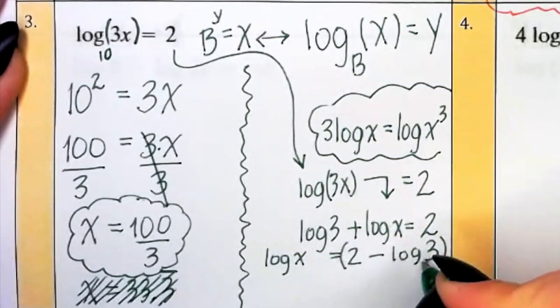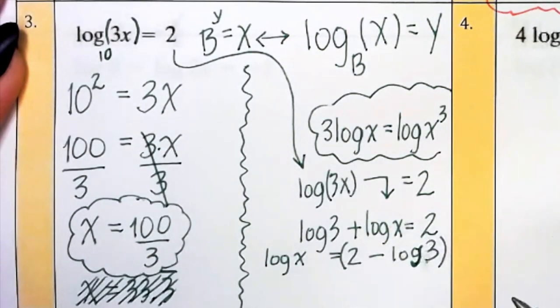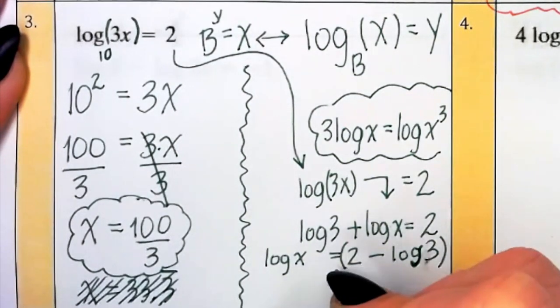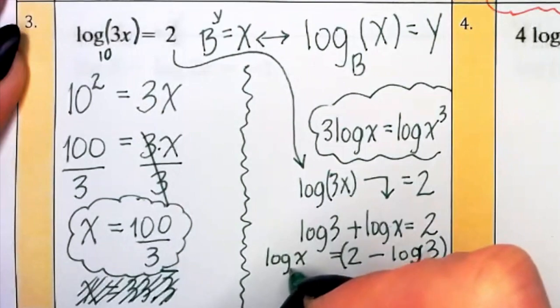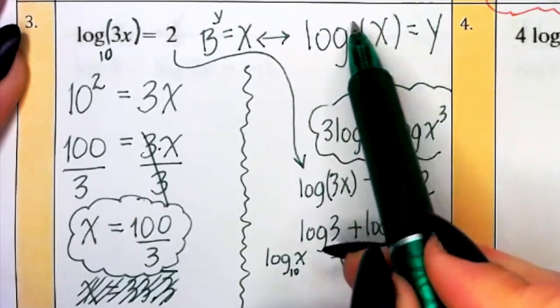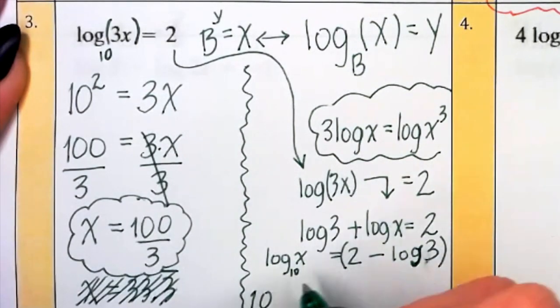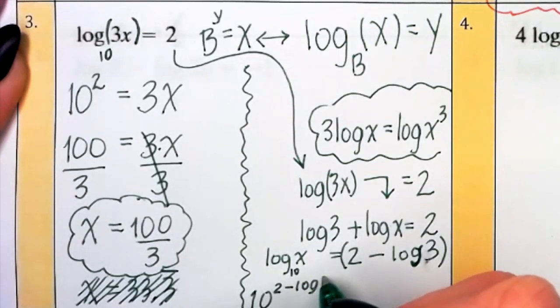There's no variables here, as much as it's weird looking because there's the word log in the middle of it. It's just the number, okay? Log 3 is something you could potentially punch into a calculator. Don't do that. We're not doing that right now. That's fine. Now, I still have an invisible 10. My base is 10. This whole thing in the parentheses is my y, and x is the x from right over here. Rewriting it, 10 raised to the 2 minus log of 3